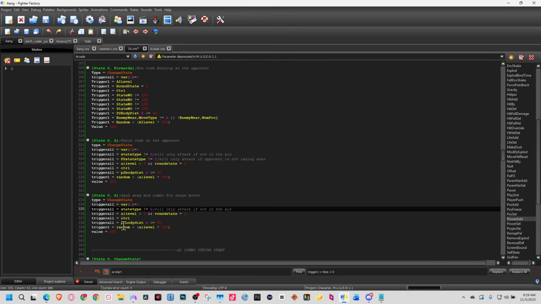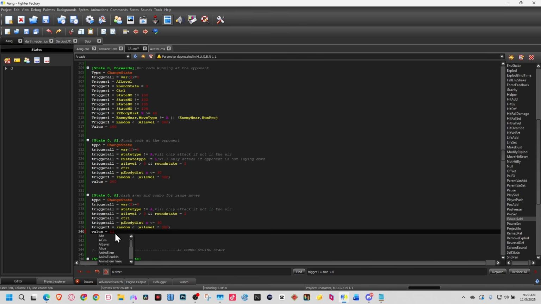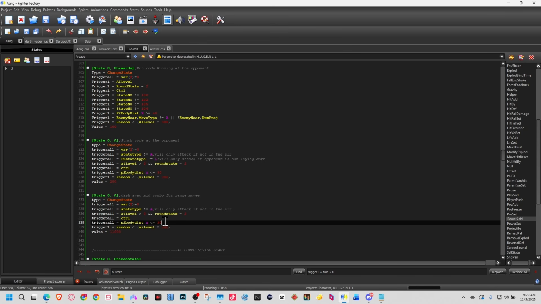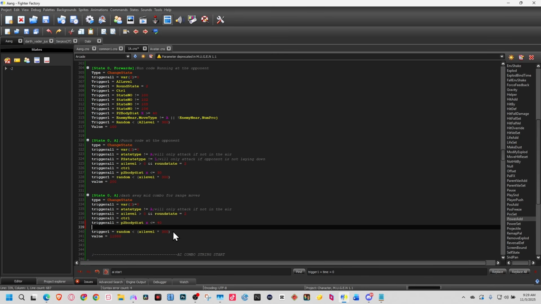If he starts running backwards, he can do that while you're on the floor, so I don't mind. I'll get rid of that part. We're going to change the value to 11,000 because obviously that's what it is. He'll only do it if he's close to you, so I'll probably put like 40. And then trigger all